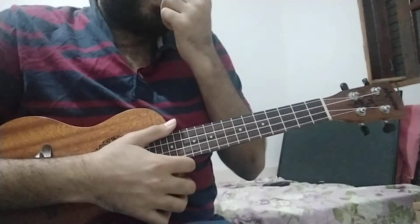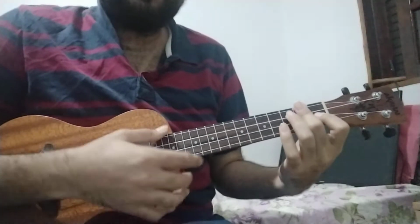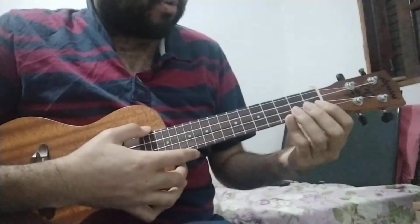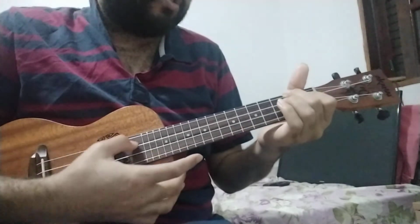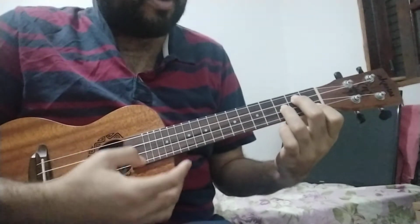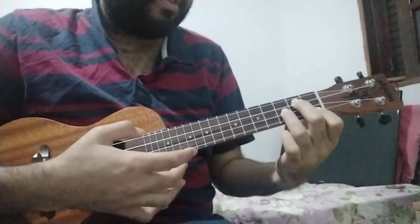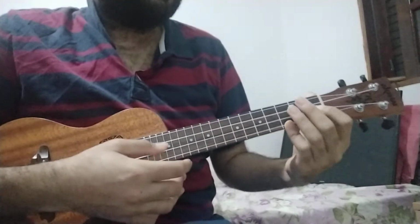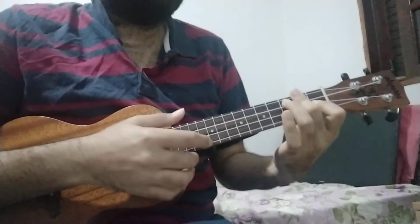We will continue until the chorus. Same 2 chords, 2 times each. On the chorus, we will have D minor 2 times, A 2 times, G minor, which is 1, 3, 2, 0, and A, 2 times each. So same stroking pattern. It will be D minor,